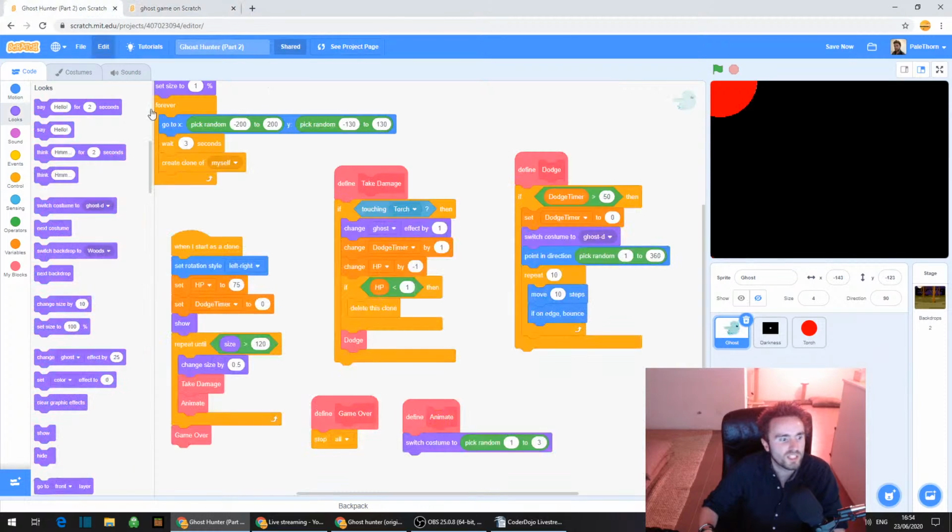So yeah, that's basically the other things that you could do. You could add in a scoring system whereby the longer you survive, the more score you accumulate, and there could be a high score. You could put in a menu screen. There's all sorts of things you could put in. So yeah, should be really good. I hope you've had fun with this one. I quite liked this one.